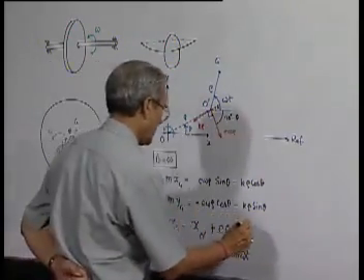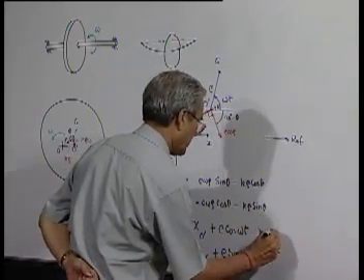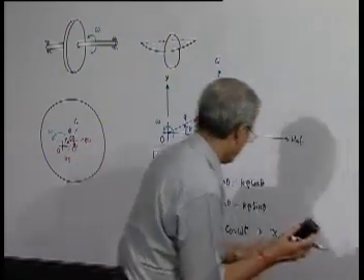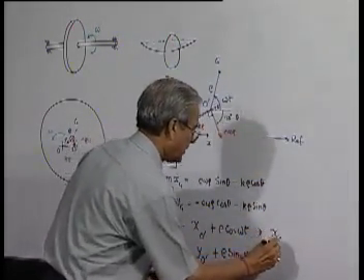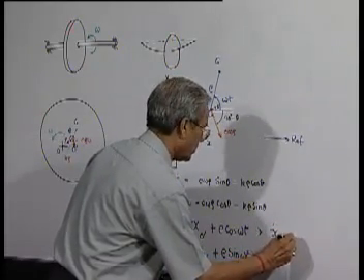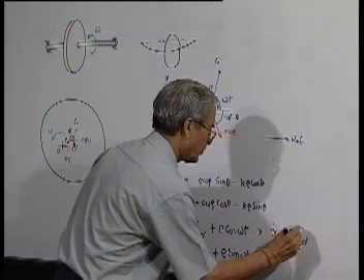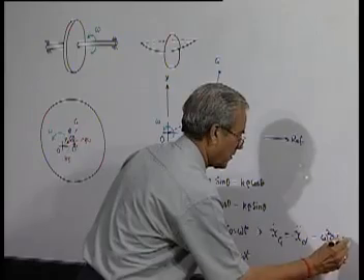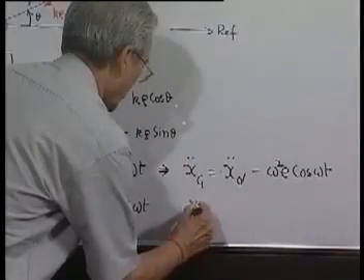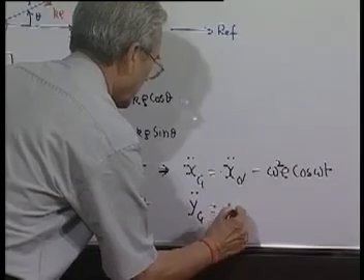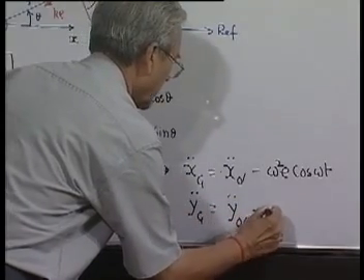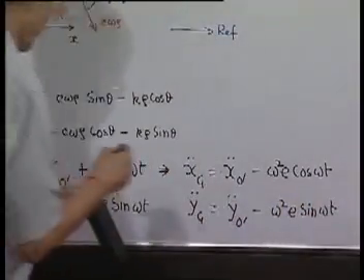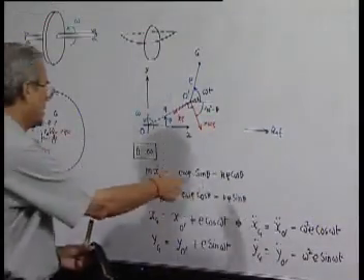So, this will give me xg double dot is equal to xo prime double dot minus omega square e cosine omega t, and yg double dot equal to yo prime double dot minus omega square e sine omega t. Substituting these in these two equations, we get